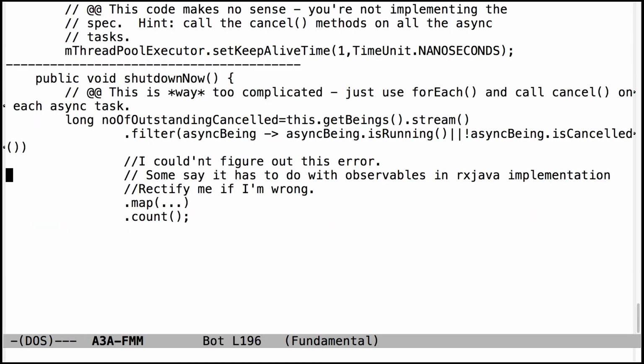And this one, I think it's clever. I'm not really sure exactly what it does. It's very complicated, but it's much easier than all this. You don't have to do anything this complicated. You just have to basically call forEach and iterate through the list of async tasks and cancel them, passing in true. So it's much, much simpler. OK, so that was the set of frequently